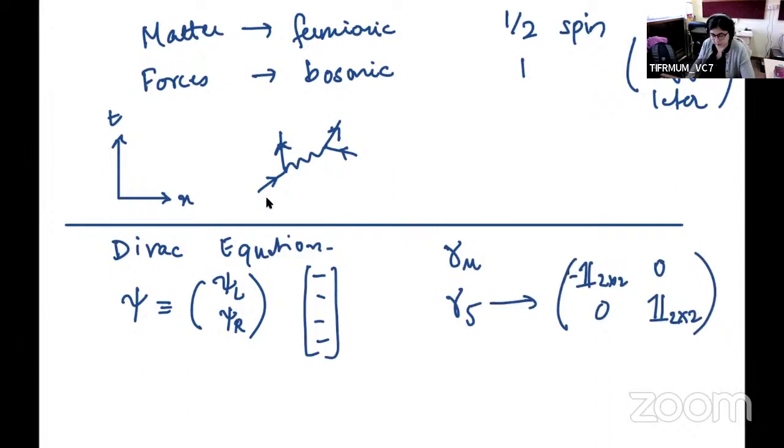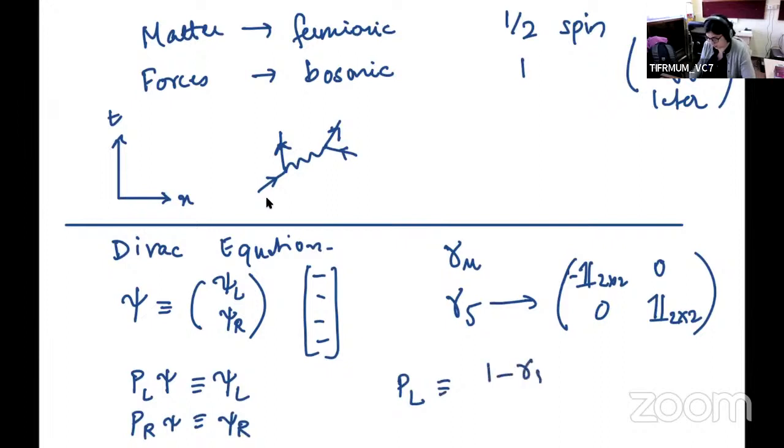This looks like this, and then you can project out the left- and right-handed components by using these projection operators, where PL is defined as